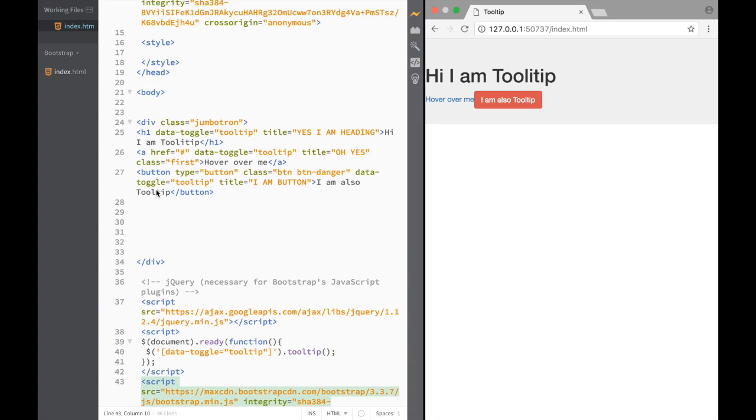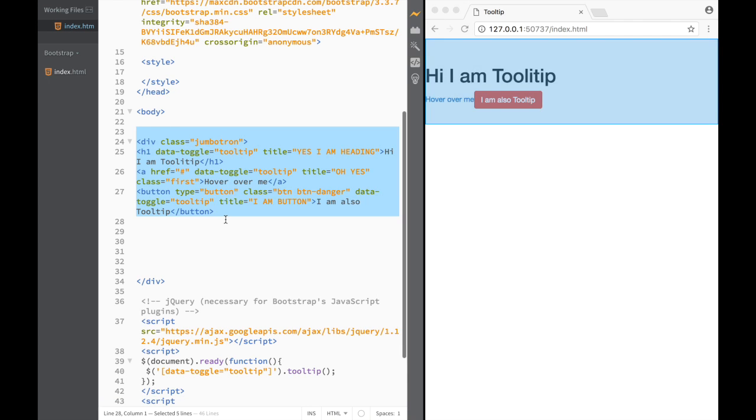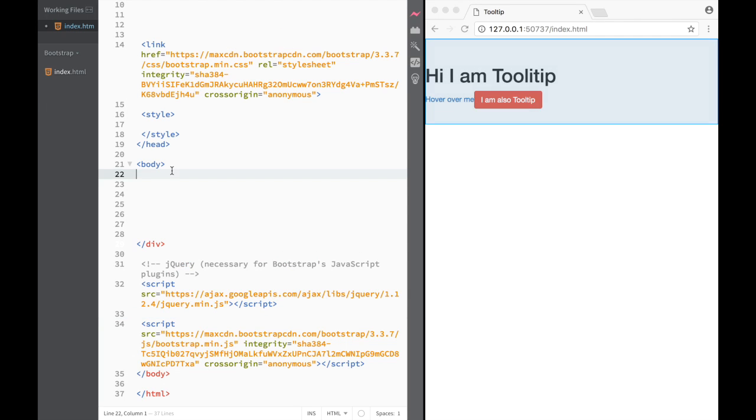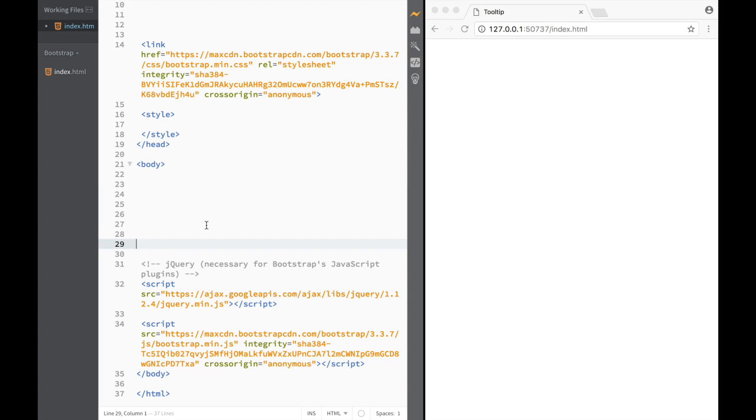So over here I'm just going to delete this quickly, whatever we did, so we're not repeating ourselves. Well, technically we will be repeating ourselves, but we will be doing that together, right? So here I'm going to delete this div. Over here I don't have a div now, and the first thing we're going to do is actually create a div. I'm going to say that the class is going to be Jumbotron